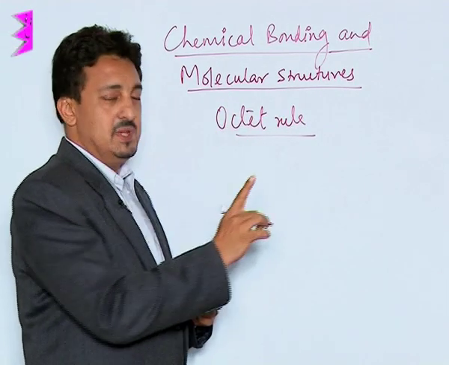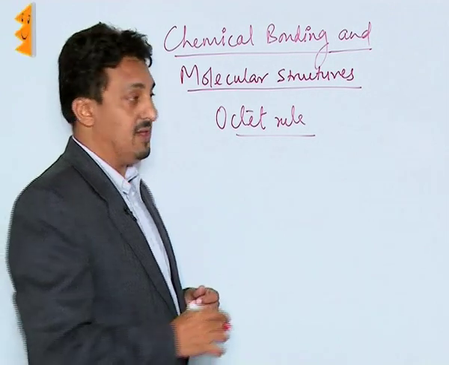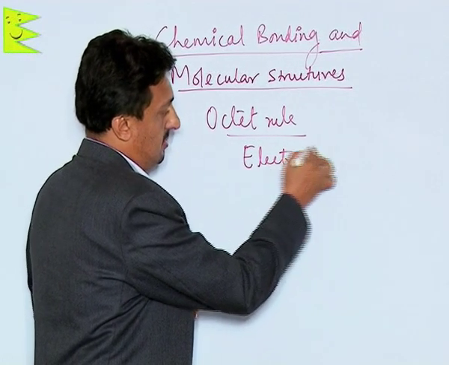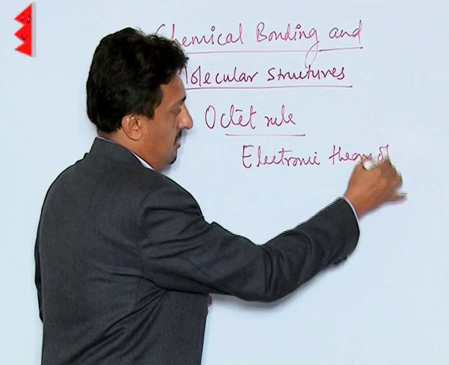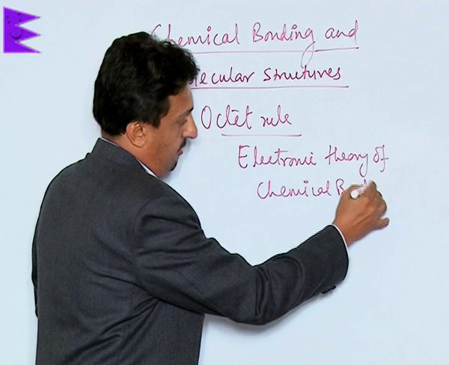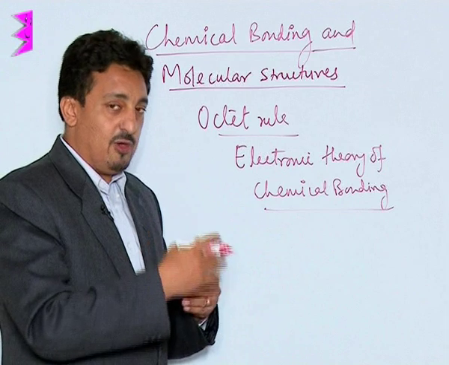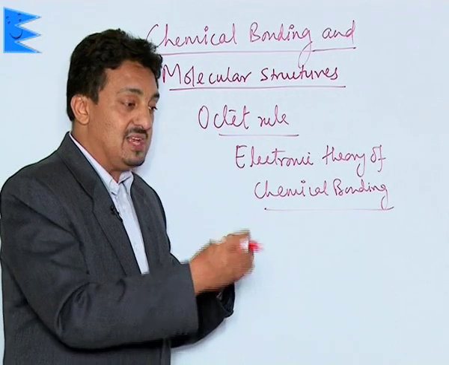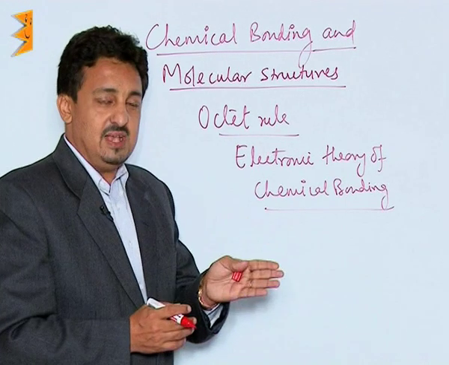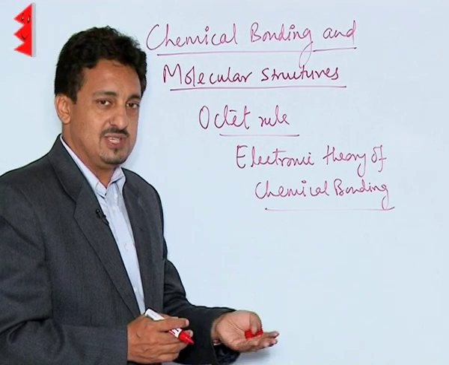See, the Kossel-Lewis approach towards the chemical bond is also called the electronic theory of chemical bonding, because Kossel and Lewis were explaining the formation of the bond on the basis of exchange of electrons. Now, after the examples taken by Kossel, Lewis introduced his own concepts, because the